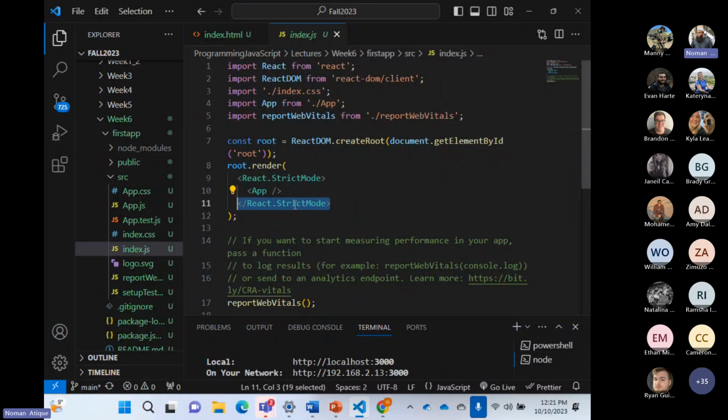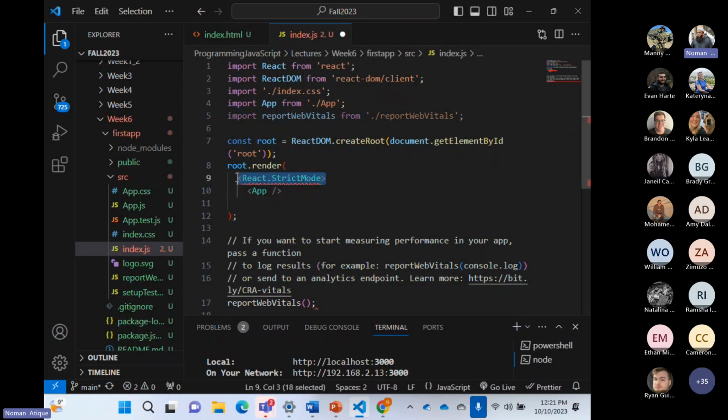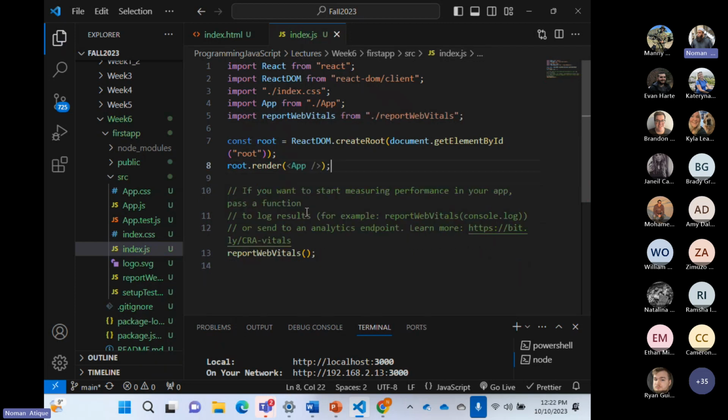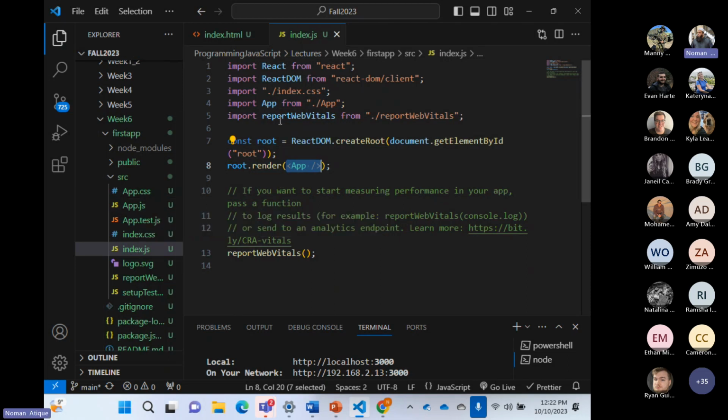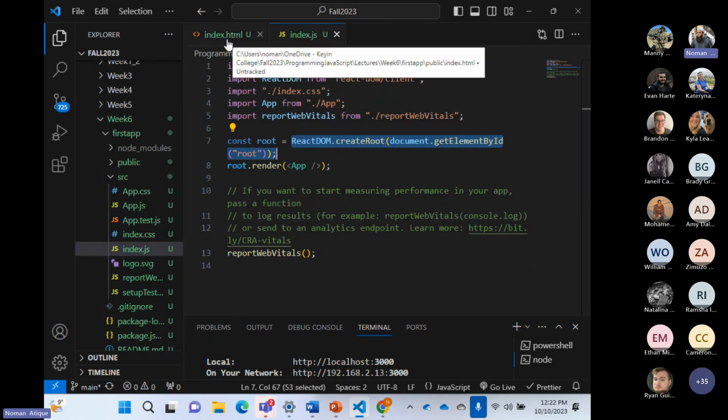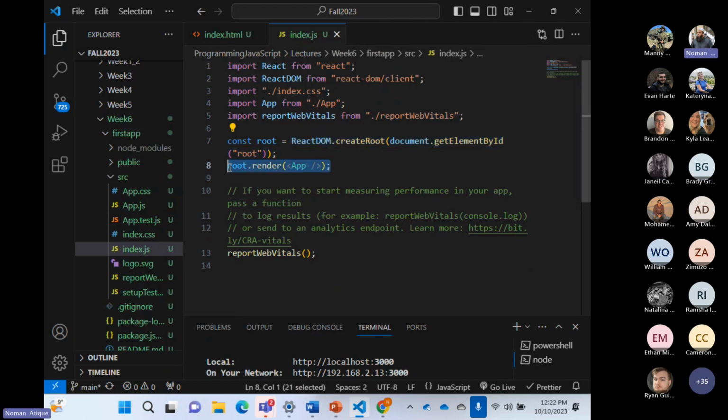for the timing, you can do this with me. Remove this React strict code. I'll just remove that one. I don't want to keep it over there. Now it will be much simpler. Then root.render: go in the root area and render App. Does it look familiar? App. It is saying this app.js. So index.js is the middle person which creates a root element by reading the root of index.html and renders an app over there.